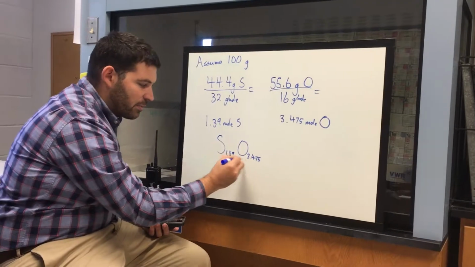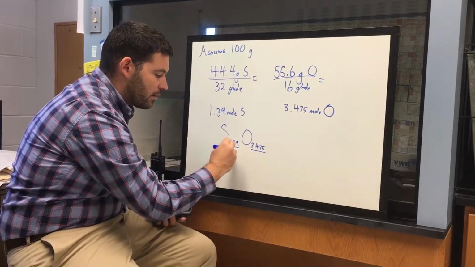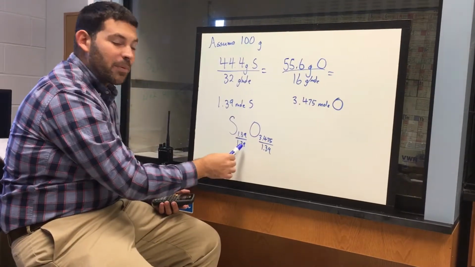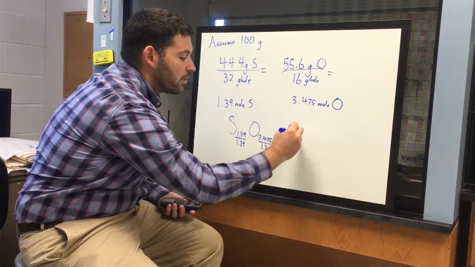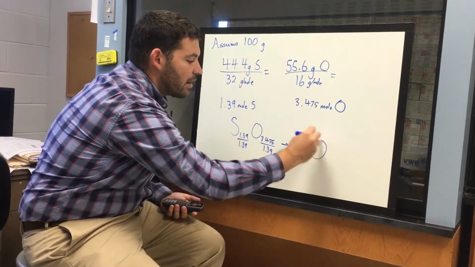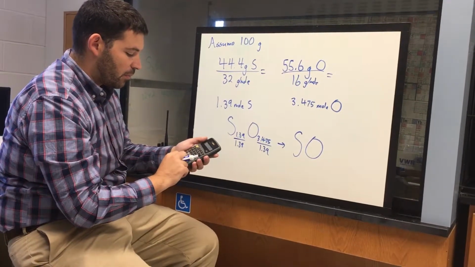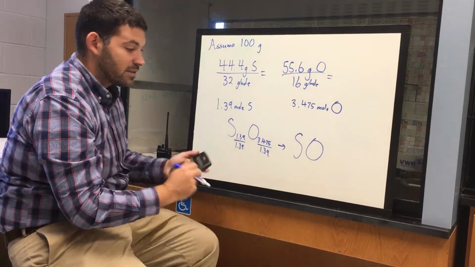So we're going to divide both by the smallest number. So we're going to divide both by 1.39. Anything divided by itself, sulfur should become 1, and it's the oxygen we got to check. So 3.475 divided by 1.39 gives us